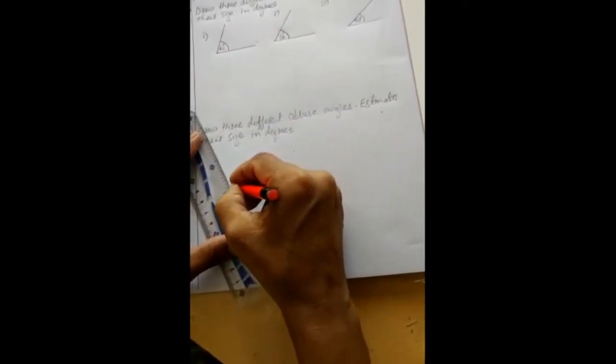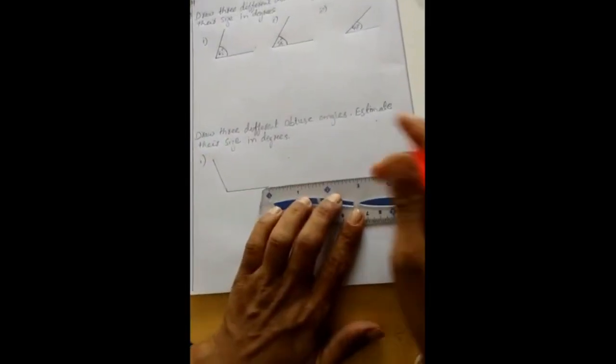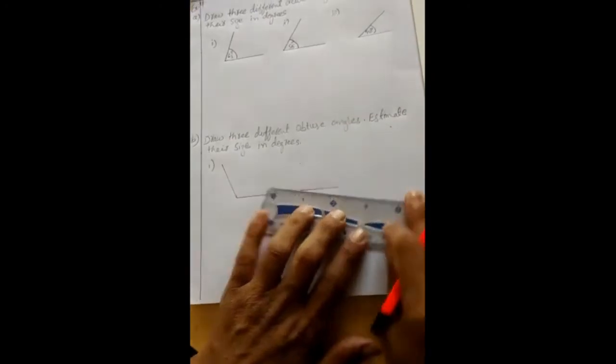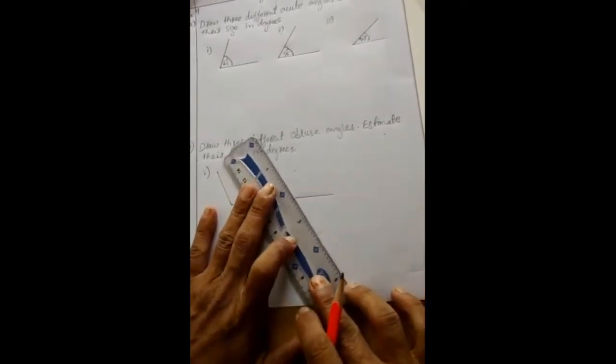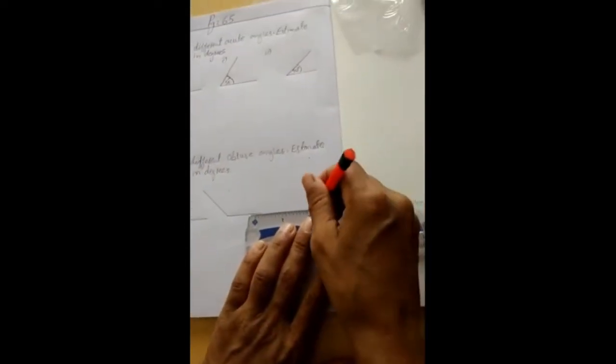Number 1 is an obtuse angle. Now it is the second obtuse angle, it's also greater than 90. These are estimated, means आप लोग अंदाजे से बनाएंगे ये, ठीक है.